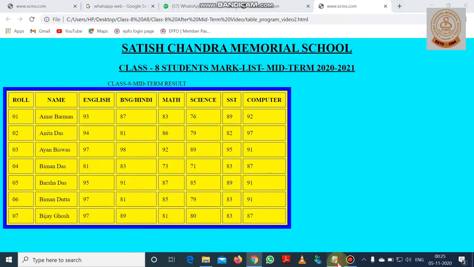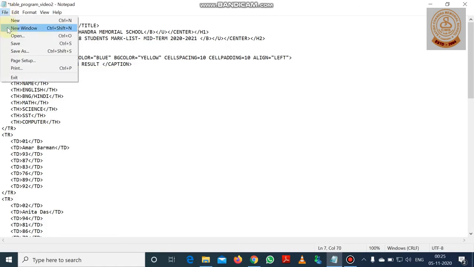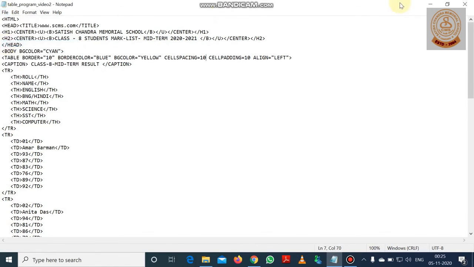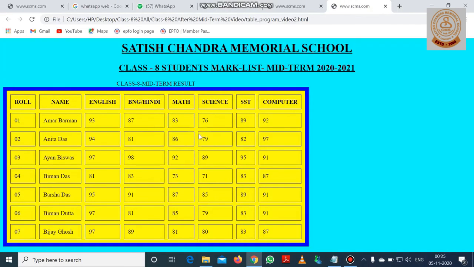And also we can change the cell padding and cell spacing. Suppose for cell spacing we are giving 10. That means the distance between two cells will be increased. Now I'm saving it, and if I run the table, you can see the gap between two cells has been increased. So like this we can use cell spacing and cell padding.